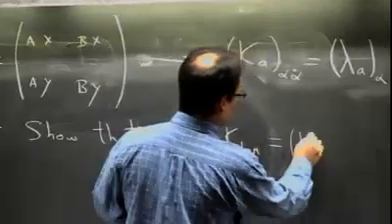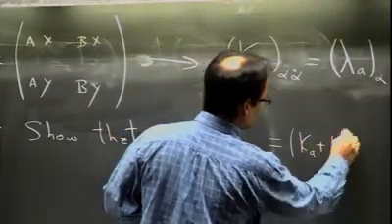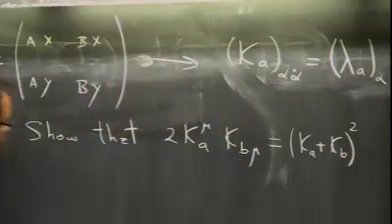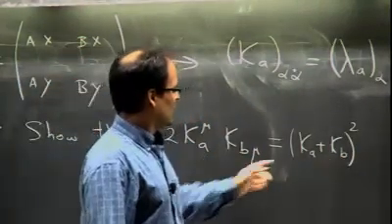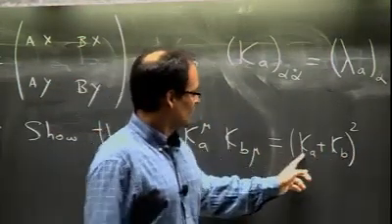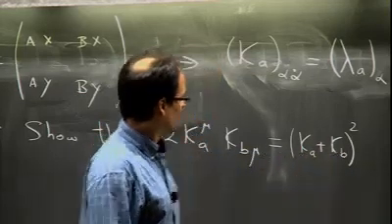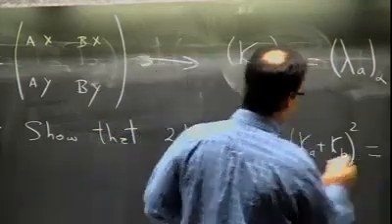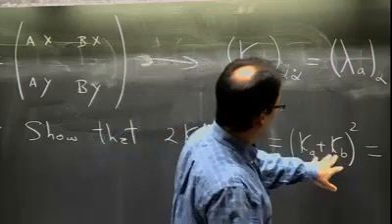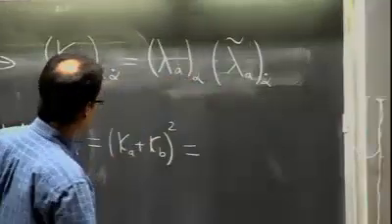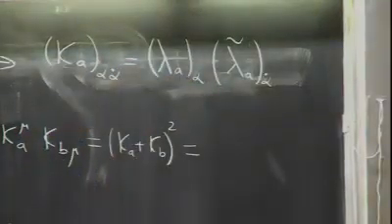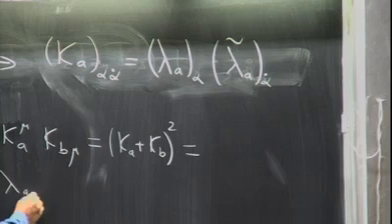In other words, this is the same as Ka plus Kb squared. It's the same because these are null vectors, so the individual terms squared are 0. This happens to be equal, or it should be expressible in terms of these objects. And the way it's written is as follows. It's going to look a little awkward, but